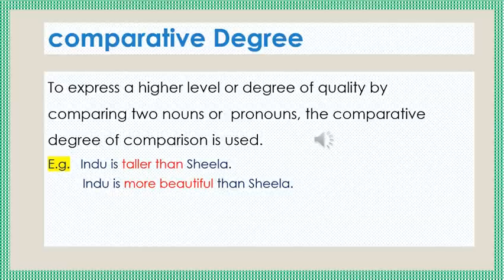The second one is the comparative degree. We all know what this comparative degree is. Comparative adjectives are used to compare differences between the two objects they modify, like larger, smaller, faster, etc. They are used in a sentence where two nouns are compared. When two nouns are compared, we use the comparative degree.